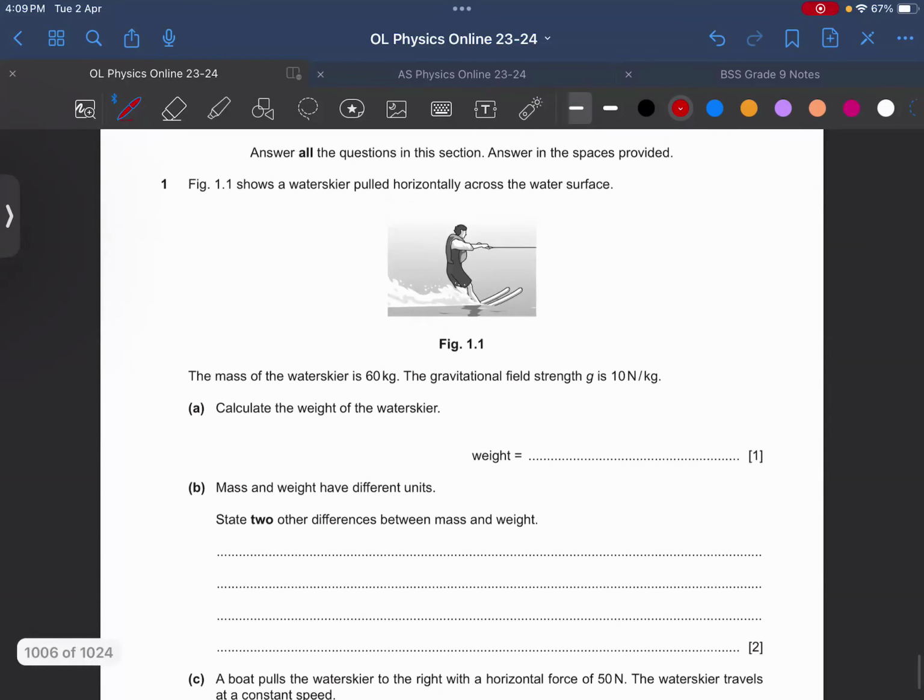So 1.1 shows a water skier pulled horizontally across the water surface. Mass of the skier is 60 kg, small g is 10। Just to get a hang of using this value, हम लोग ये लेकर काम करते हैं। So mass of the water skier is 60, small g is 9.8। Calculate weight, बहुत ही आसान। W equals mg। सीधा सीधा 60 times 9.8 is going to be your answer। ठीक है, तो सबसे पहले मुझे ये बता दें ये कितना आ रहा है।